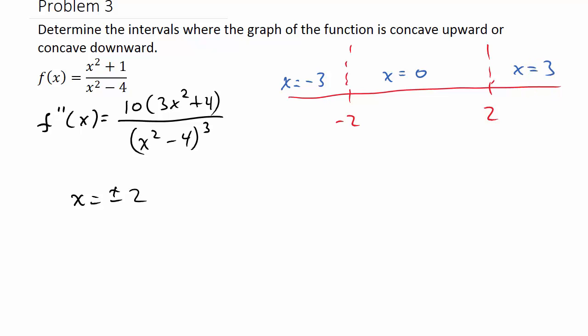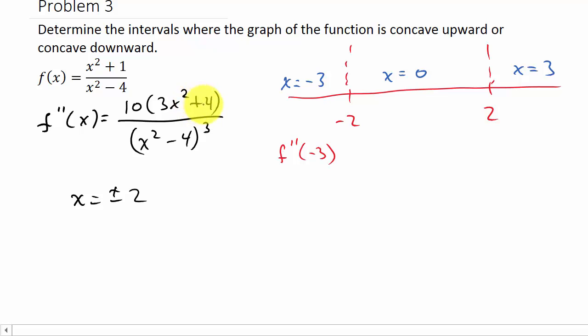Alright, so now I need to evaluate the second derivative at -3. So f double prime of -3, okay, so I plug the -3 in. Now, I don't care what the exact value is. All I want to know is, is the second derivative positive or negative when x is -3. Alright, so we don't really need to plug the -3 in here